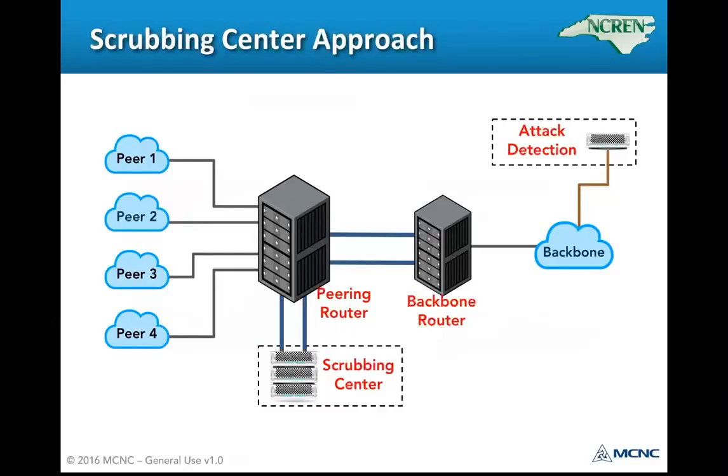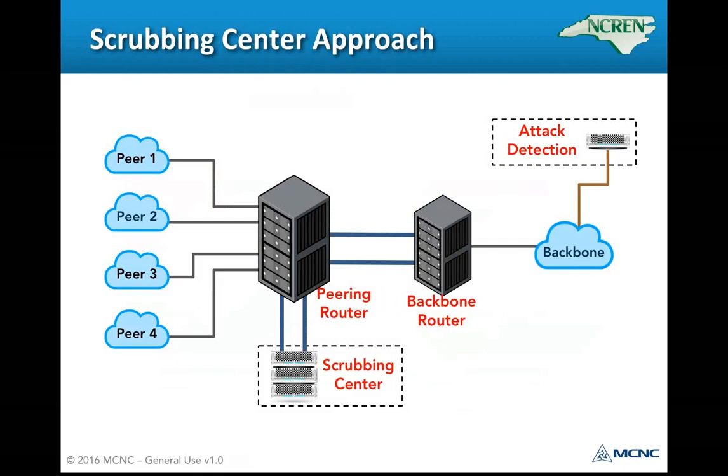Okay, so we want to talk about what MCNC is doing to help protect customers from the effects of DDoS attacks. This is a very simplistic representation of one of our peering locations on the NCREN network. This is where we would peer NCREN with external internet providers. This is to give you an illustration of our scrubbing centers that we've built on the network